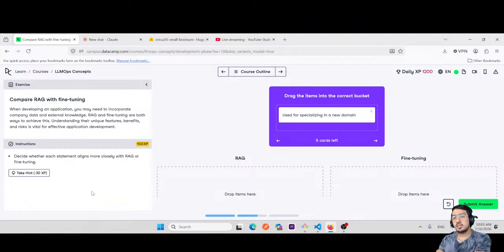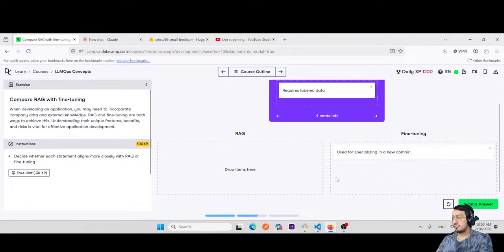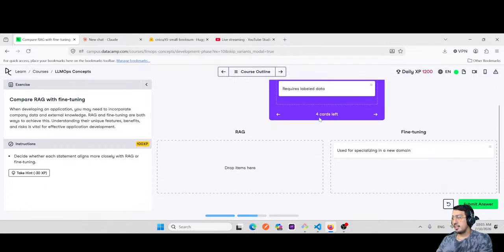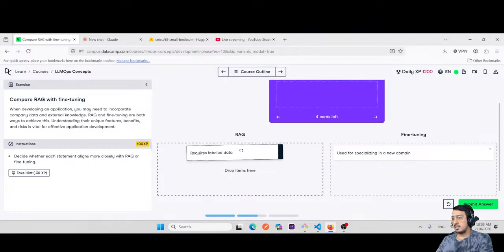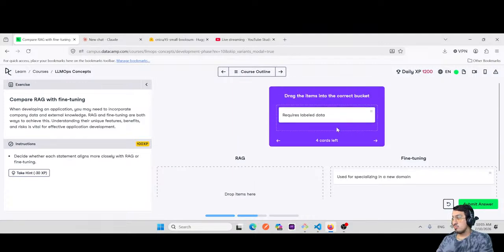So, whether each statement aligns more with RAG or with fine-tuning. Used for specializing in a new domain, this is fine-tuning. Requires labeled data. Fine-tuning, because if you want to retrain,